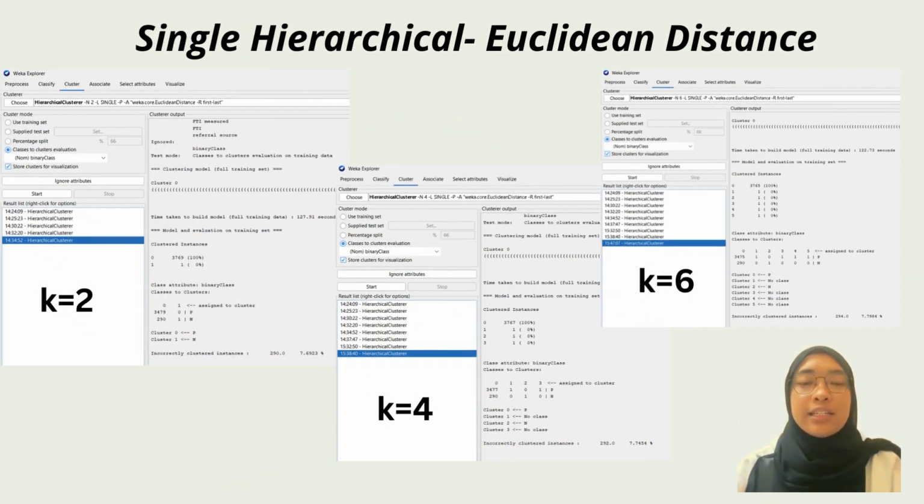This study applied single-linkage hierarchical clustering using both Euclidean and Manhattan distances in WEKA with k values of 2, 4, and 6. For k equal to 2, using Euclidean distance, cluster 0 contained 100% of the data, which is 3,769 instances, and cluster 1 only 1 instance, with a model build time of 127.91 seconds. For k equal to 4, cluster 0 again held nearly all instances, with clusters 1, 2, and 3 each containing 1 instance, leading to an error rate of 7.7454% and a build time of